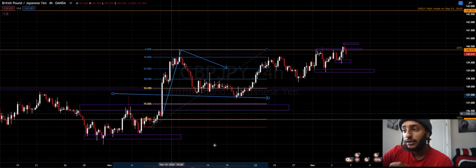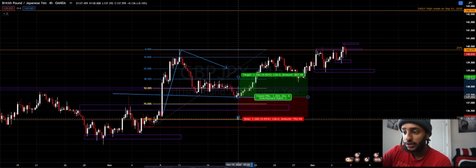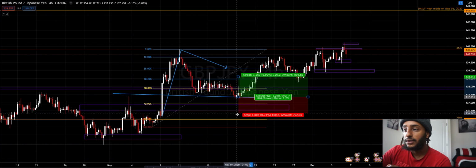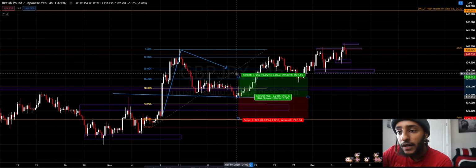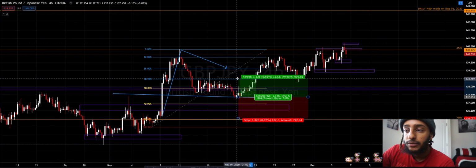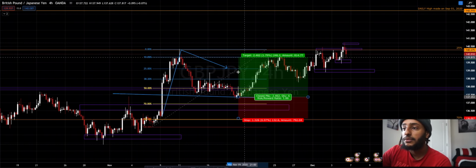So if you're looking at it and you see that, well, it didn't come down to the 70, but I see it here trying to reject something and rejecting the wick, you could have just simply got in with a long position here, with a stop right here, or even under this wick right here. Yeah, I know it's a long stop with 132 stop loss, but hey,